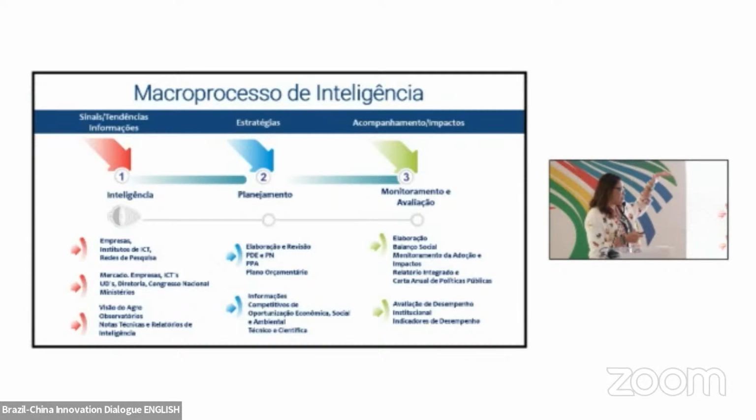This also channels the strategies that will guide all the planning of the company in the review of the master plan of the company, business plan, PPA, and the budget that we have every year, and all the definition of competitive strategies with strong emphasis on the strengthening and review of public policies in this relationship with the executive power. And internally in Embrapa, we have this follow-up